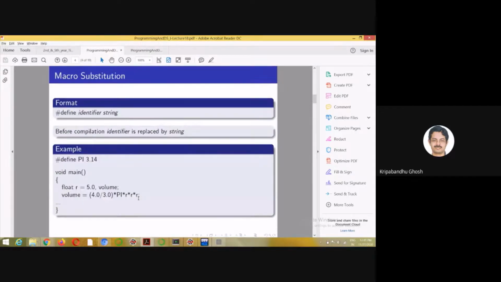So what does that mean? When we write hash define PI, no space is allocated in the memory. So this is not a variable.